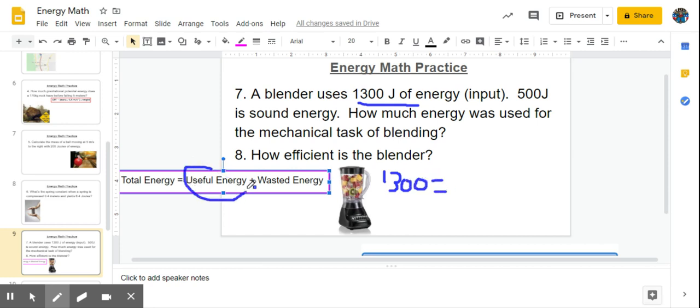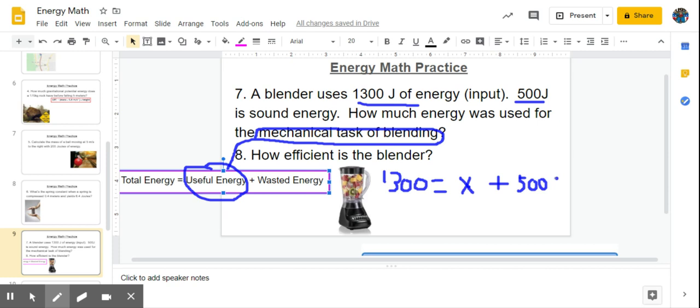equals useful energy. That's what I'm trying to find. How much energy was used for the mechanical task of blending? This is what a blender is for, blending. So that's going to be an unknown. We'll just call it X for now. So that amount plus the wasted energy, which was 500 joules in this case because the sound energy is not needed for blending. So that's wasted energy, 500 joules. So now I just have